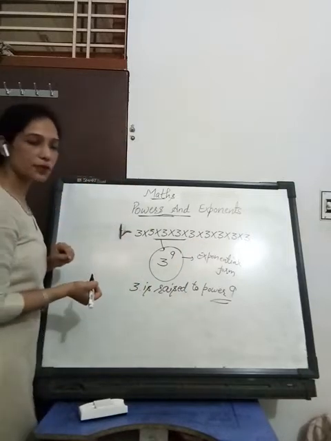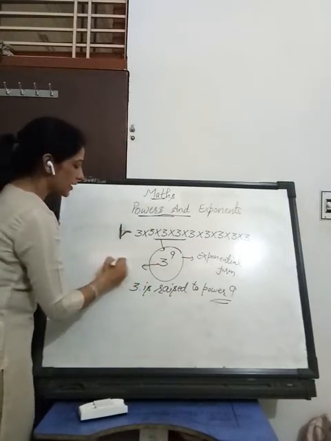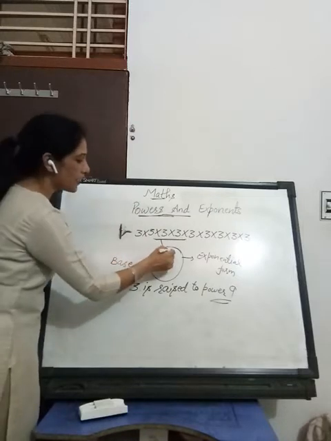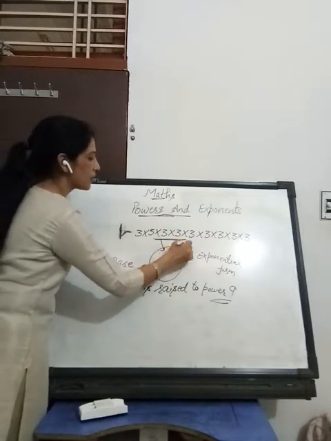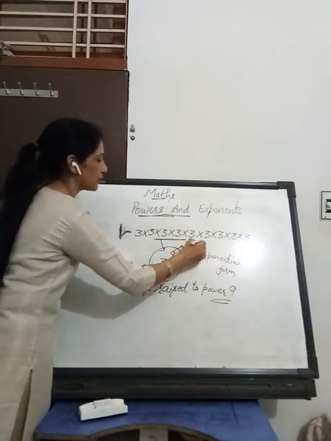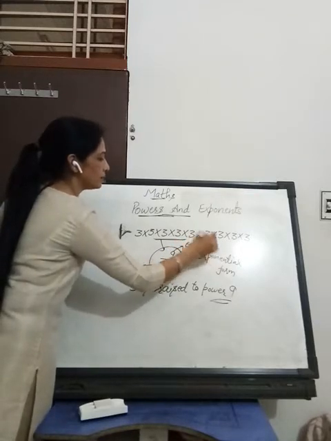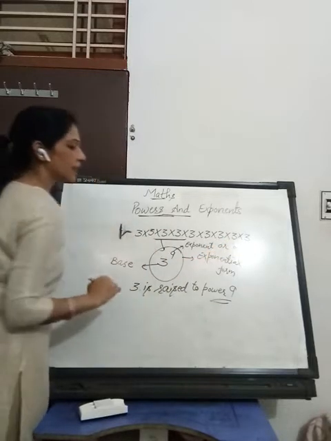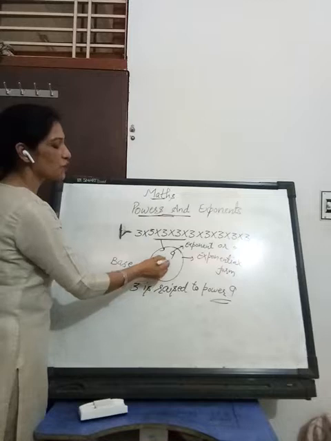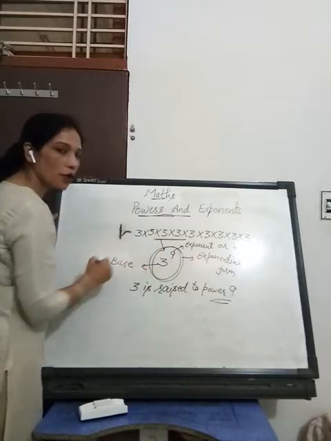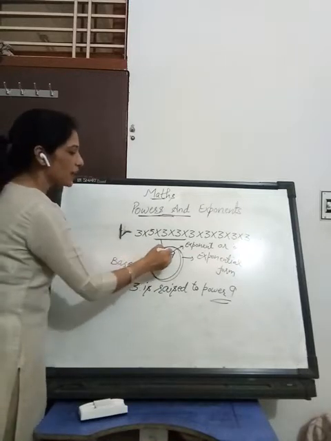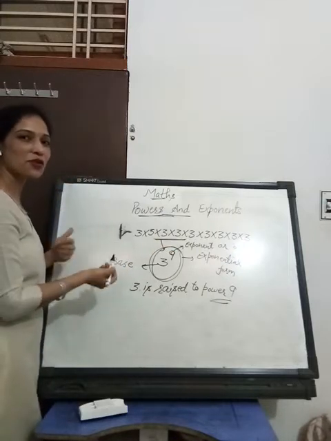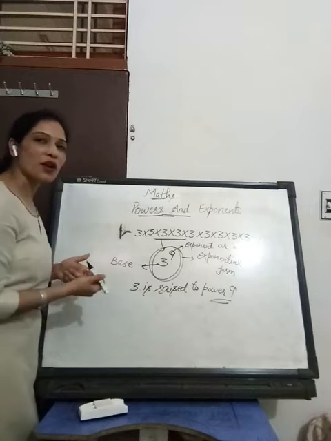the general expression. Clear? Here 3 is the base because I multiply 3 nine times, and 9 over here is what? Exponent, or index you can write. Clear? 3 is raised to power 9 is the exponential form, and 3 is the base over here, and 9 is the exponent. Clear to you all how you have to read out? 3 is raised to power 9.